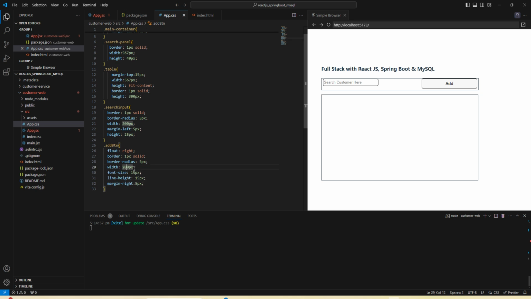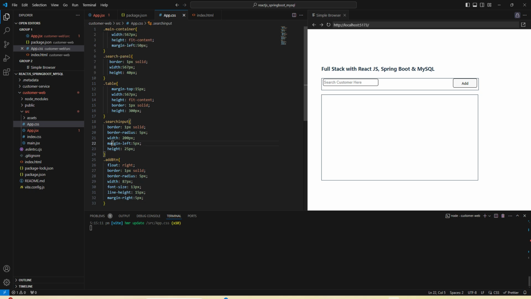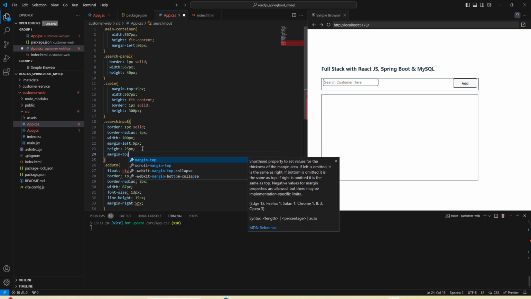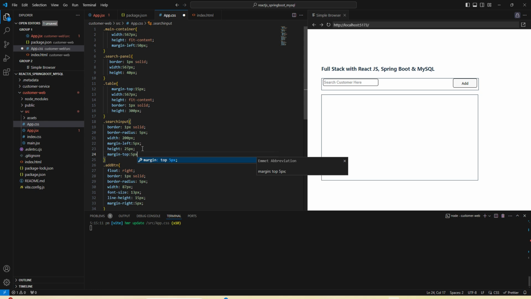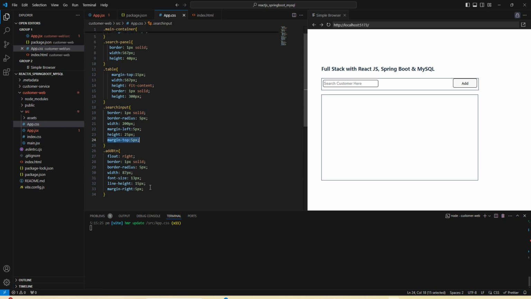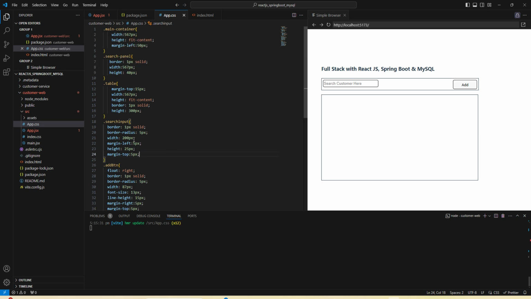Now here we can make this like 87 pixel. Seems good. And here we can make its font size as 13 pixel, and here we can add margin top as 5 pixel. Seems good. Similar way we can edit it here. Fine. Now here search input we can